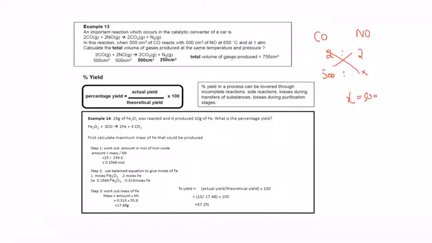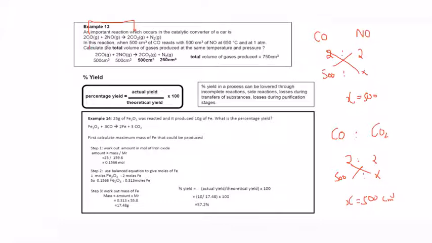If there is no limiting reagent, it means both of the reactants are used up. But what about the product? You can use any of the reactants to get the product, because in this example there is no limiting reagent. So carbon monoxide to carbon dioxide, what is the simplest ratio? It is 2:2. So if we have 500 cm cube of carbon monoxide, how much carbon dioxide will be there? X, cross multiply. So you will get 500 cm cube of carbon dioxide.